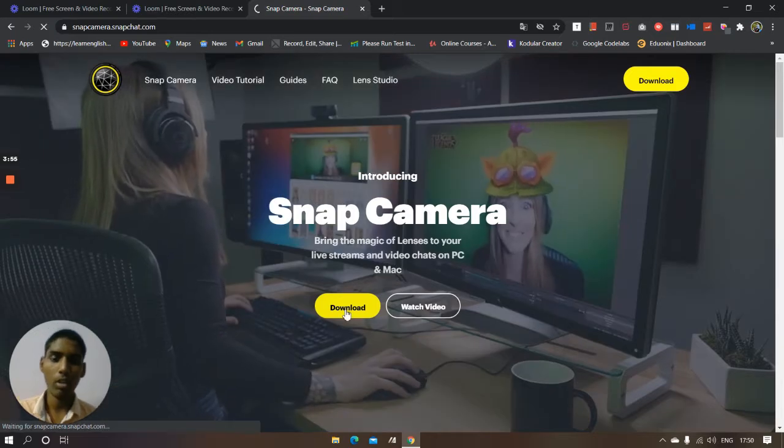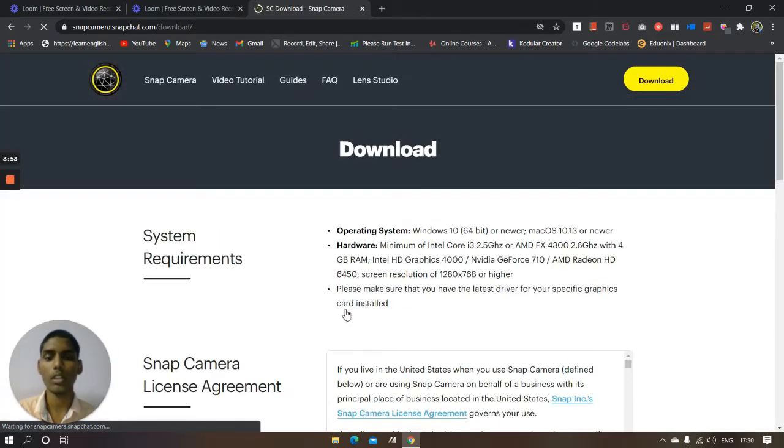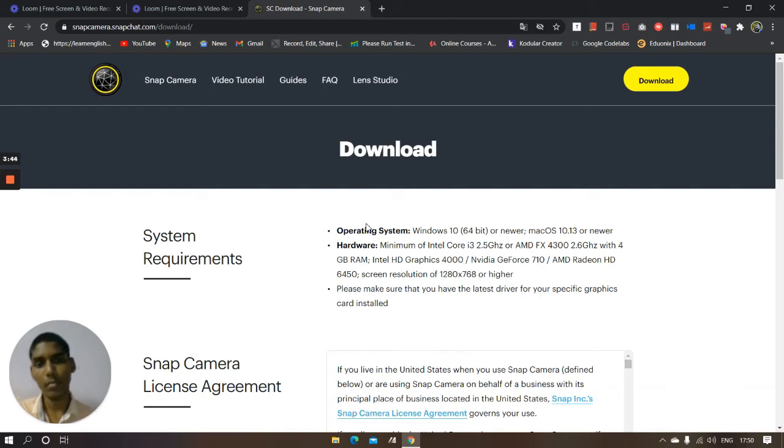But before downloading, I want to tell you the important topic, which is the system requirements. So in which system it runs, very clearly. As you can see, even my laptop also hanged sometimes, but not all the time. So operating system, OS for short, Windows 10 should be compulsory, and Mac or anything, no problem. Hardware minimum Intel Core i3 should be there,